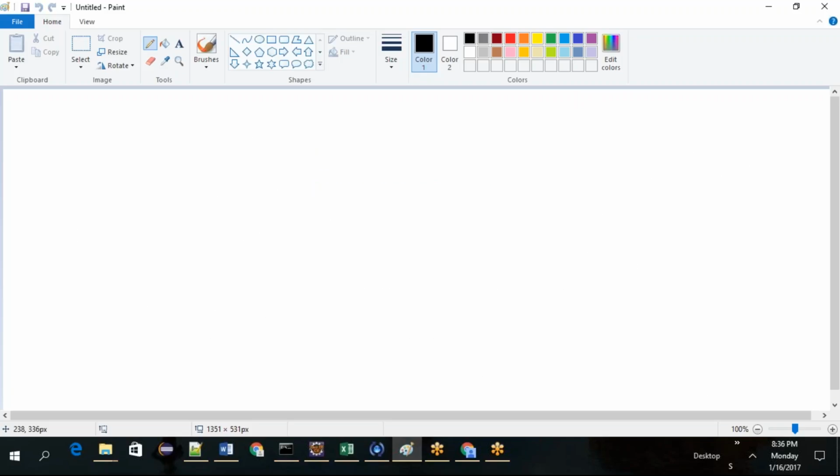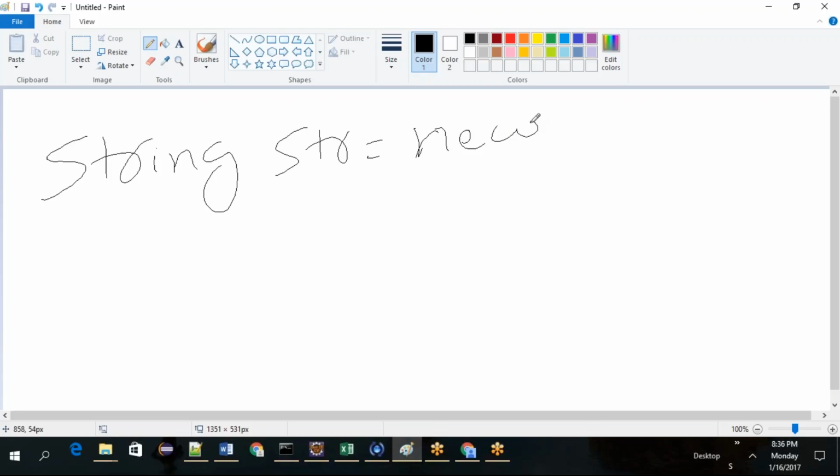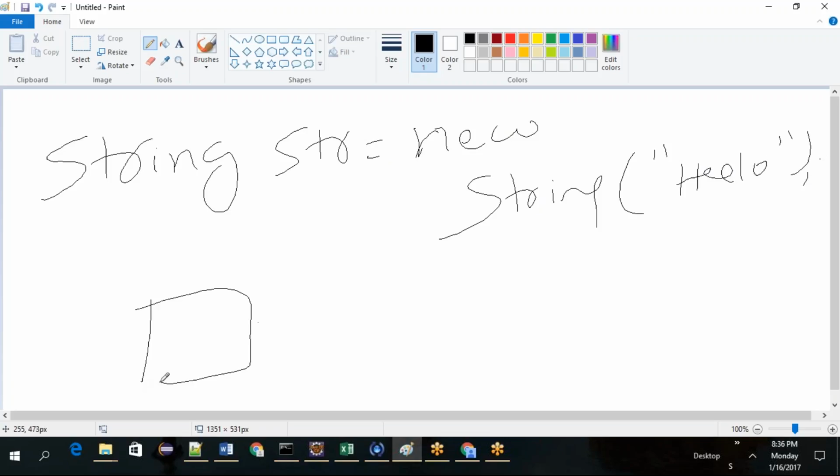Another scenario, String str equal to new String hello. In this case, what will happen? The str reference variable will be created.